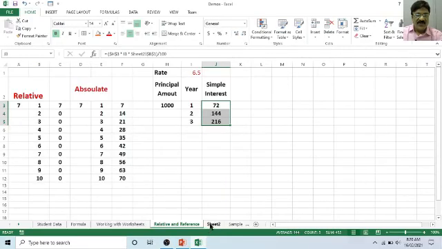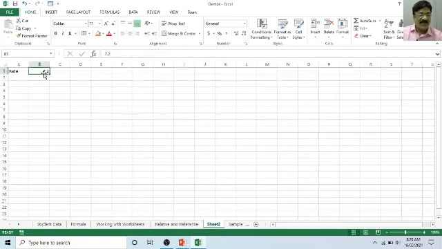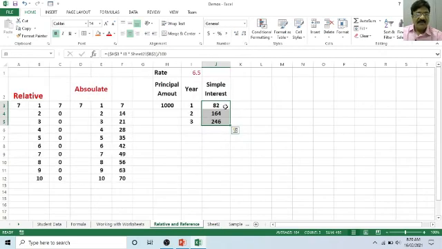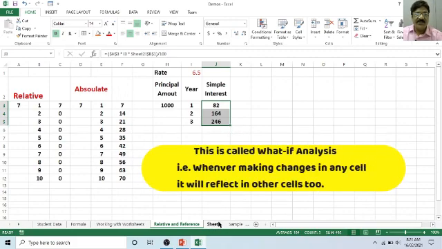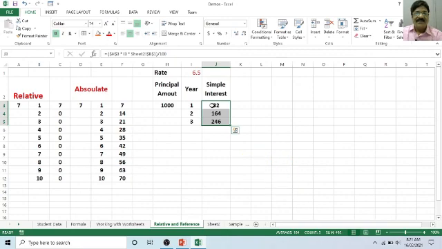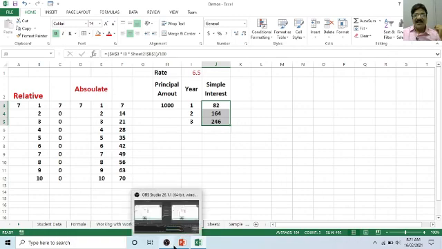Okay, so now whenever you are making any changes over here, suppose it is now 8.2, okay, you don't need to do anything, it has been made automatically. All the changes have taken place automatically. So whenever you are making any changes in this particular sheet 2, those changes will take place automatically in these particular cell values. Okay, so I hope that you understood all the parts that we have discussed in today's session. So with that, thank you very much.